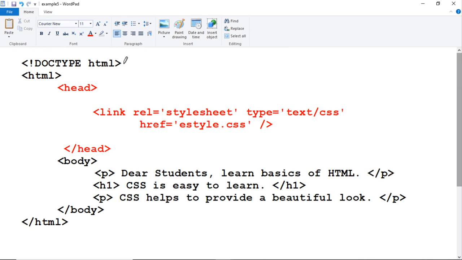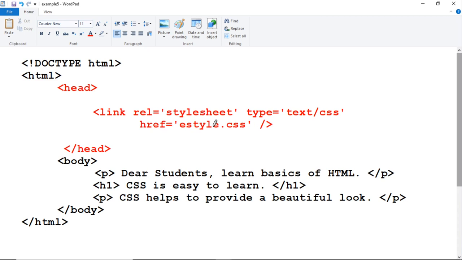Doctype HTML is an optional tag which tells this is HTML type of document. HTML is the parent tag which contains two sections, head section followed by body section. Under head section, we need to link the external CSS file using link element. Link rel equals to stylesheet, type equals to text/css, href equals to estyle.css.